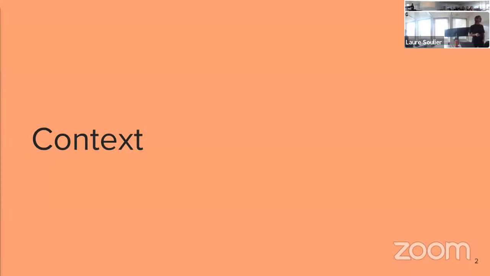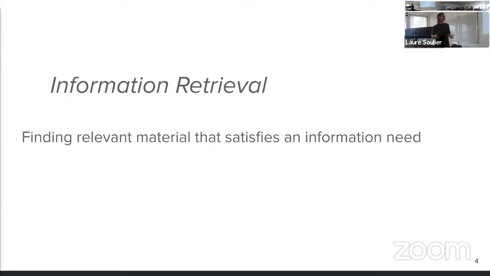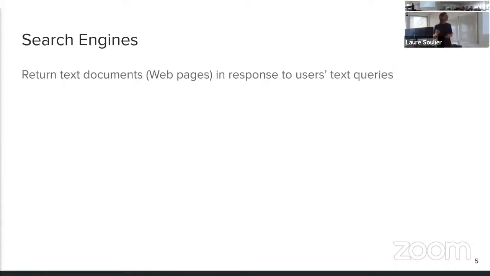So first, a little bit of context. What is information retrieval, or IR? IR is the process in which users, so you and me, engage with a system to find answers that satisfy an information need. There are many types of retrieval systems, but search engines like Google are the ones we are the most familiar with.